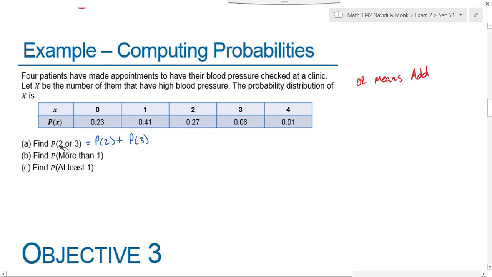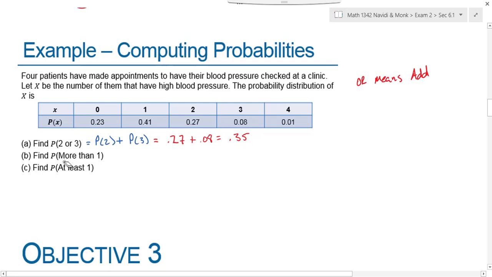So the probability of 2 or 3 of the patients having high blood pressure is going to be equal to the probability that 2 of them have high blood pressure, which is 0.27, just looking at the table right here, plus the probability that 3 of them have high blood pressure. And what do I put for the probability of 3? 0.08. And when I add these two numbers together, I get 0.35. So this means that there's a 0.35 probability or a 35% chance that 2 or 3 of the patients who made appointments for that day will have high blood